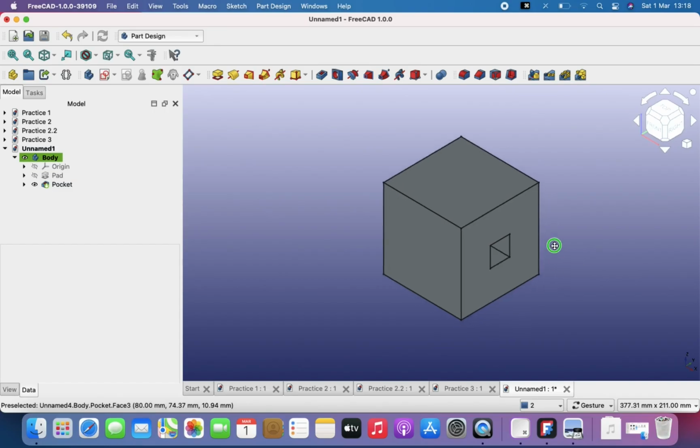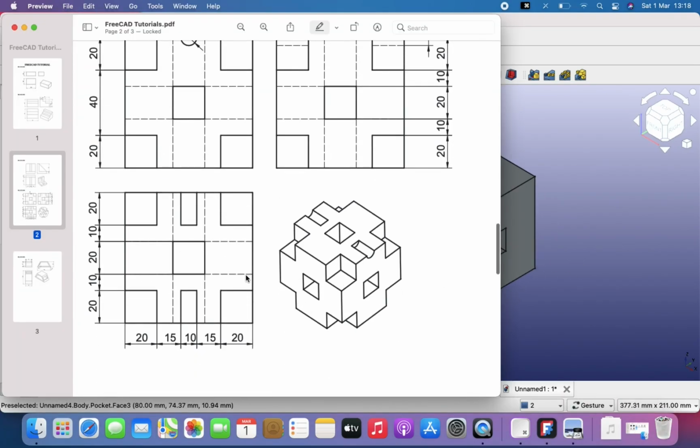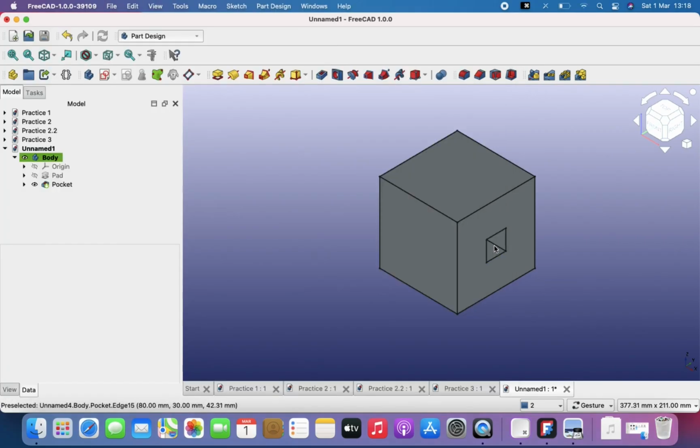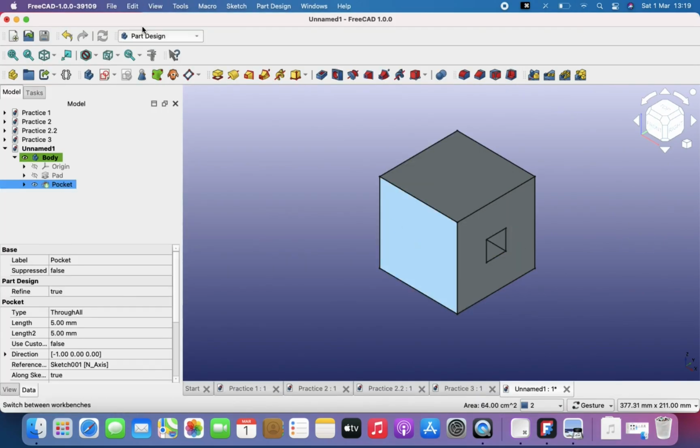Go back to the isometric view there. Now the next thing I want to do is sketch on this side as well. You can see I've done this box here. Now I'm going to sketch on this side as well to do this cut here. So almost exactly the same thing,